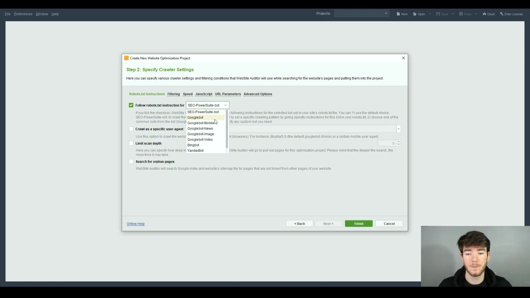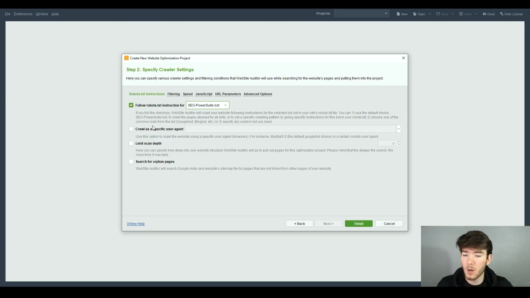So if you click on this, there's a little bit of a variety for you to choose from. You've got a Googlebot, Googlebot Mobile, Googlebot News, Image, Video, Bingbot, Yandexbot, and then a custom. So there's a cool little variety of bots for you to choose from, depending on what type of bot you want to choose or optimize for your website. So we're going to just stay with the one the software offers, but you can choose right here which one best suits you, which I think is a truly incredible feature, because you can make it customizable to you and have a better outcome overall when you start actually optimizing